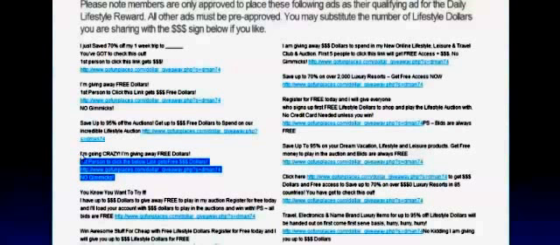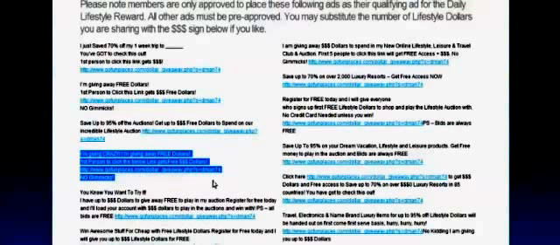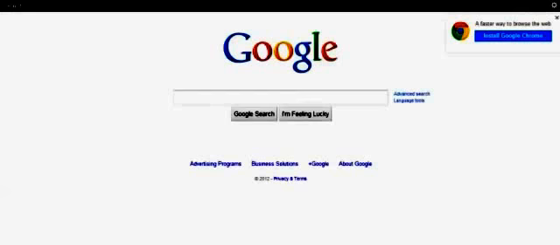So I'm gonna grab this one right here, this I'm Going Crazy. Okay, I'm going to right-click, and I'm going to copy it. Okay, now, I've got an ad. Where do I want to place it? If I wanted to place it on Facebook, I'd go log into my account there, and I can place that in my status. I can go maybe get some banner ads on Google or some pop-up ads. Okay, but here's one of the places I chose. I went out and found one of at least 100 that I know of free classified listings online.